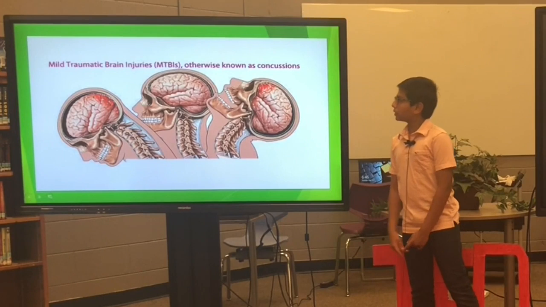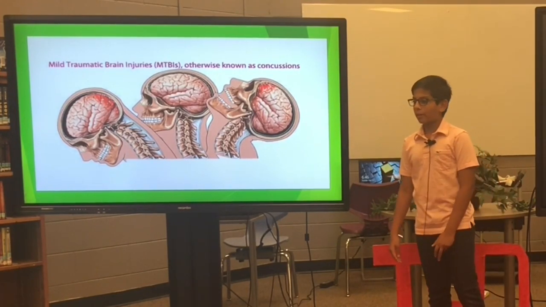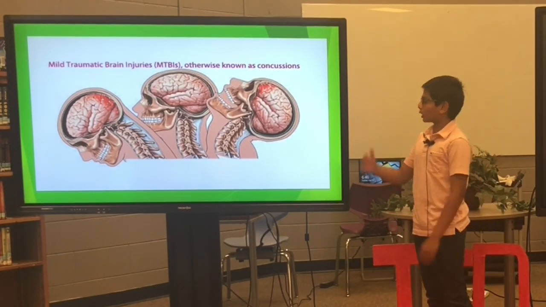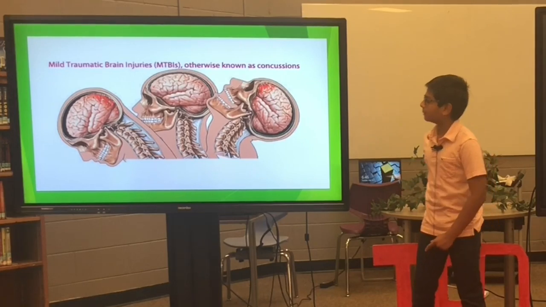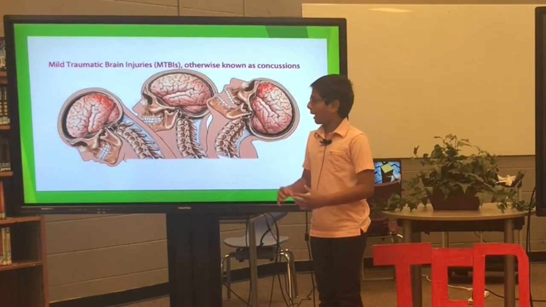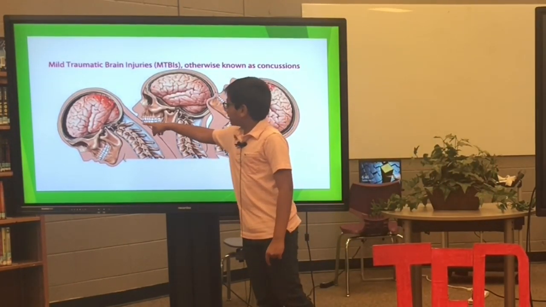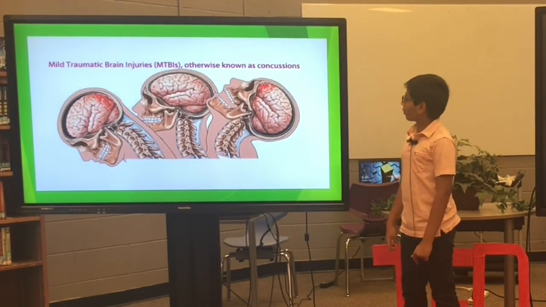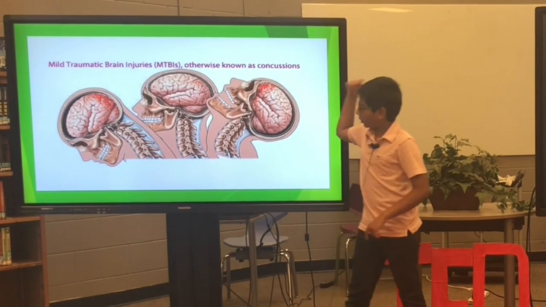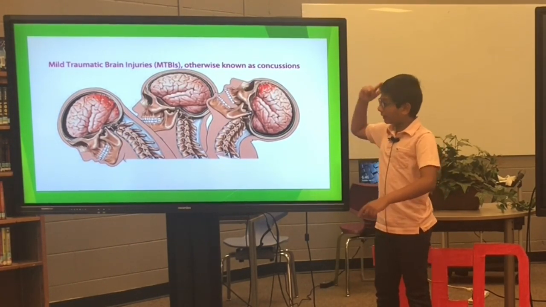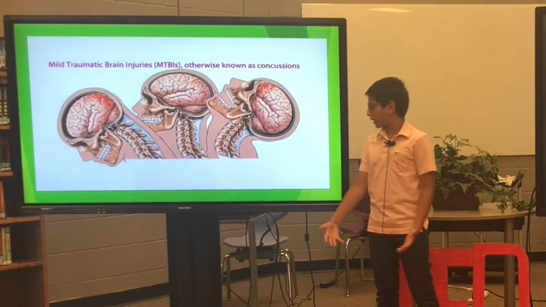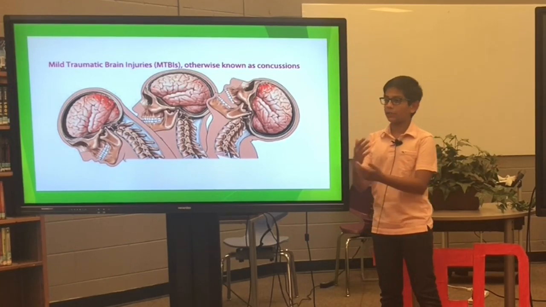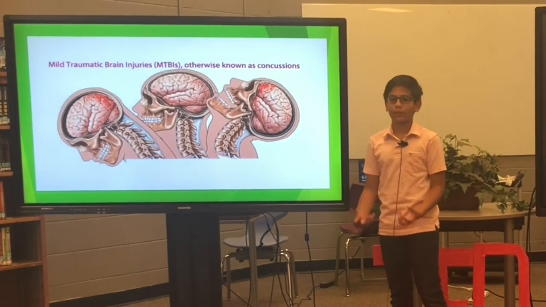Now let's talk about concussions. A concussion is basically where your head rocks back and forth, and your brain rocks back and forth. So you can see by contact, he made his spine and his neck go back and forth, and his brain is rocking back and forth in the skull. That can damage neurons or even brain tissue when it's pounding against your skull. And the skull is a very, very hard bone.